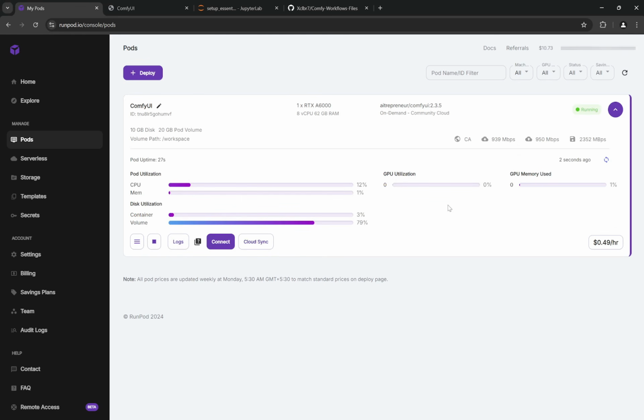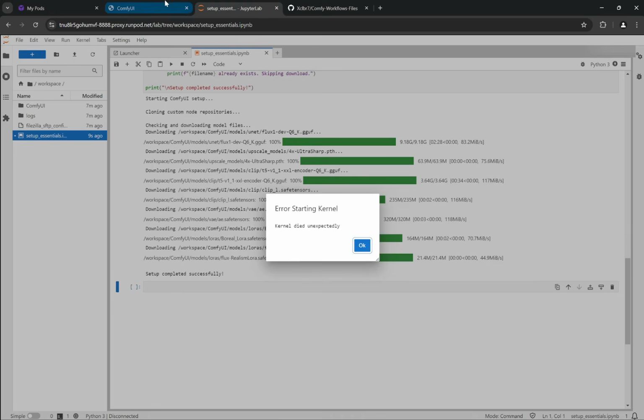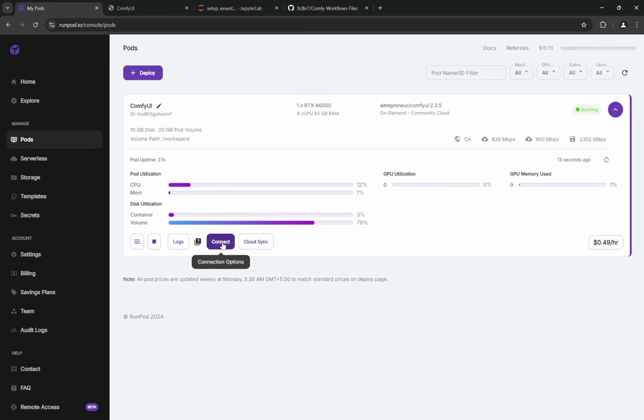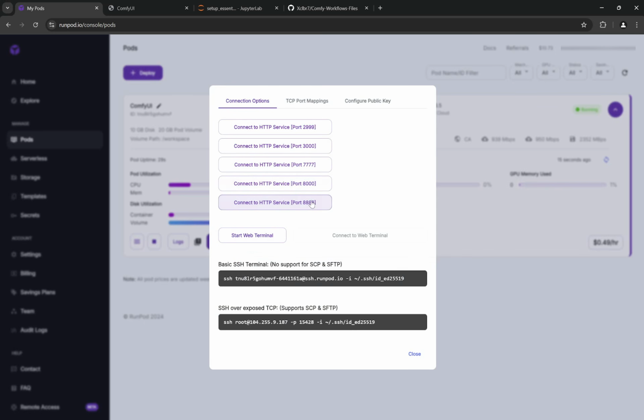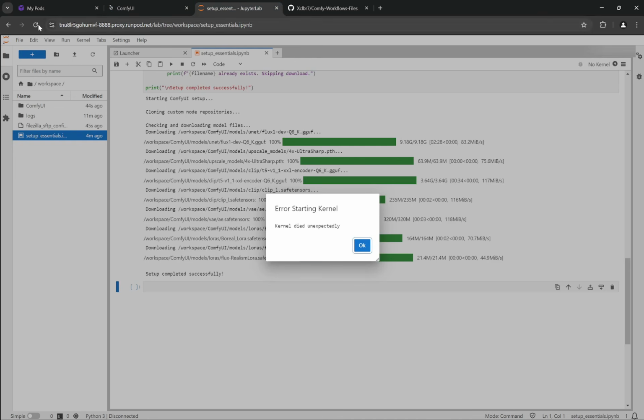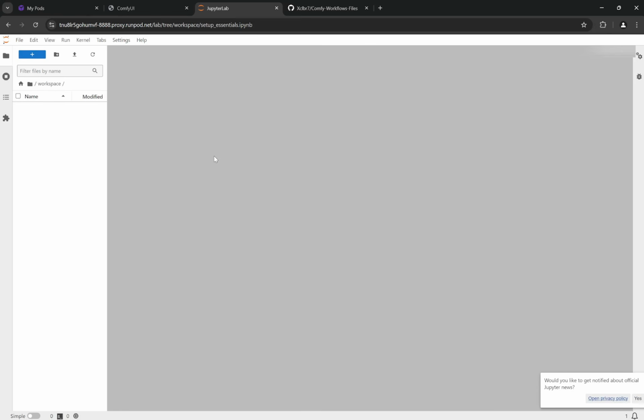See, it is booted up now, and we need to do the same thing. And you can always keep these tabs open because you can just refresh them once you connect, or you can again go to this 8888 or 3000, whatever you want to do. So here it takes some time, like maybe 10 or 20 seconds, and then you can easily refresh both of these. So when you refresh, you will see that